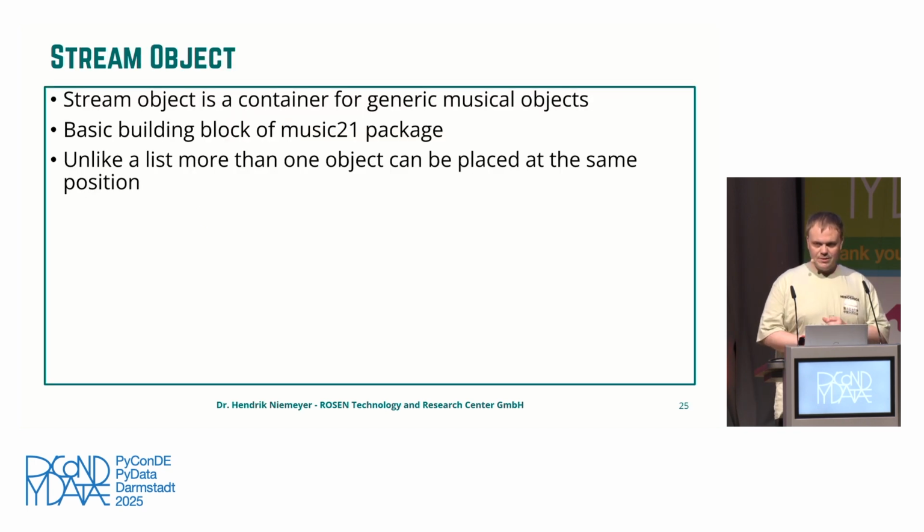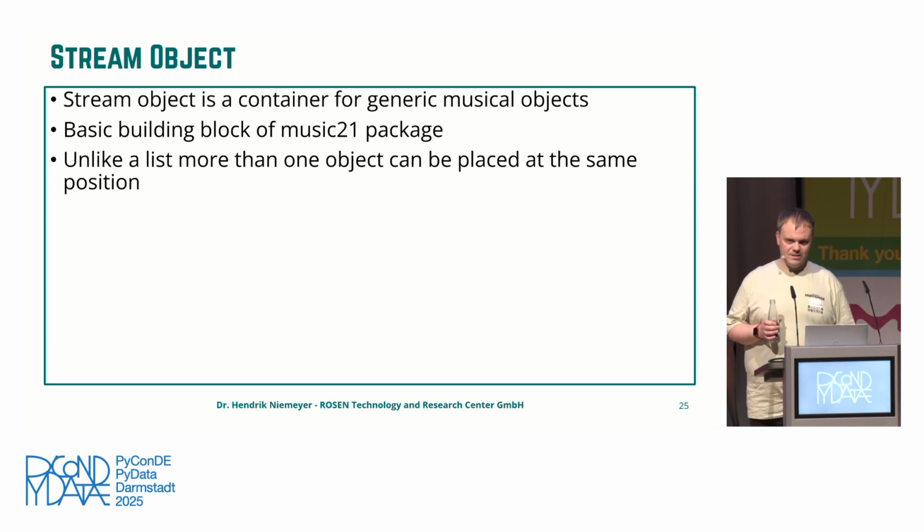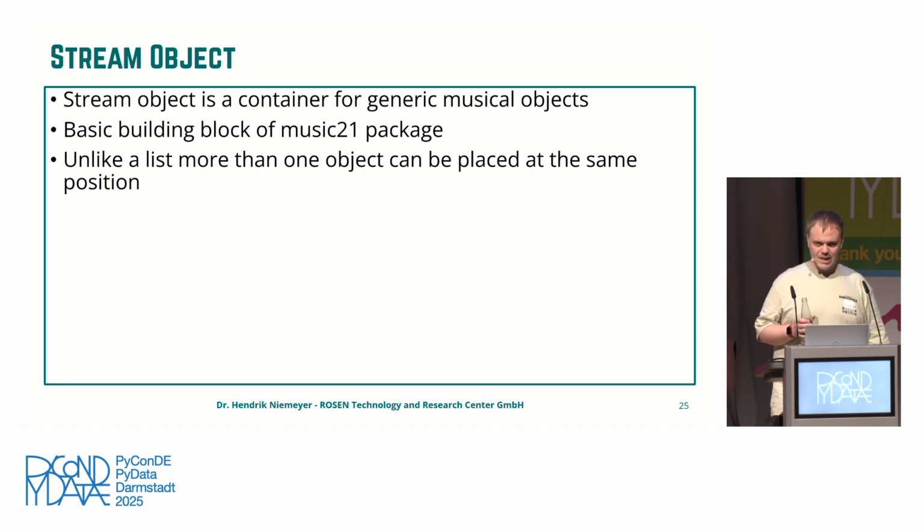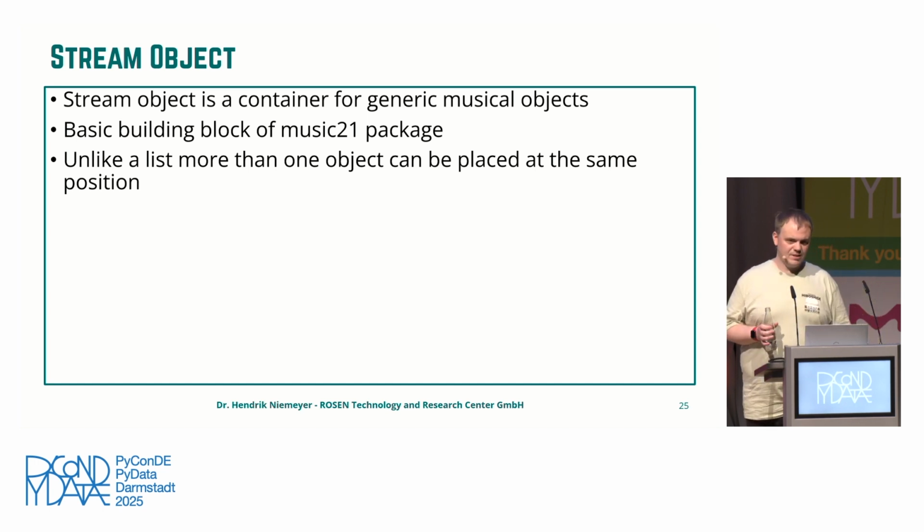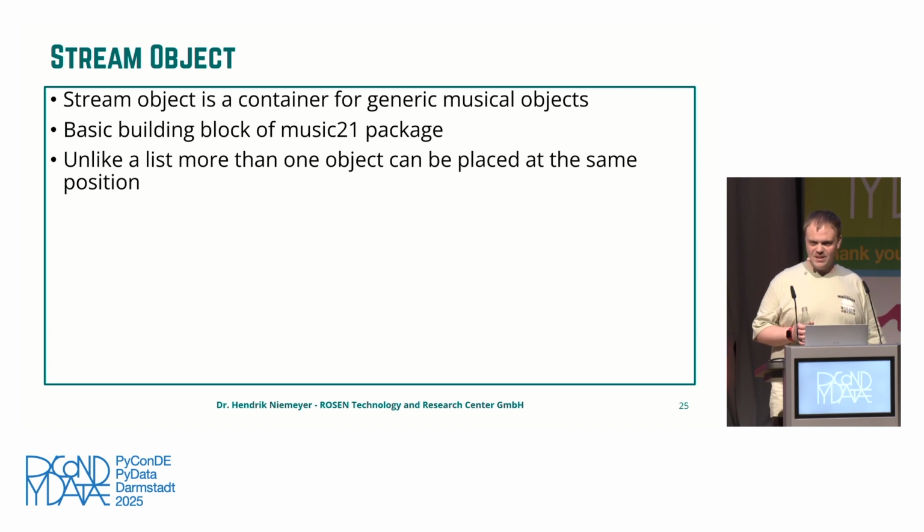The stream object is the basic container in Music 21. It works like a Python list. It can store several different types of music objects. And in the end, you will always use that to create music by either rendering it with the show method or by writing out MIDI. It differs a little bit from a normal Python list because you can store several things at the same index. So you can have 4 notes stored at position 0, and that will then be sounded at the same time.